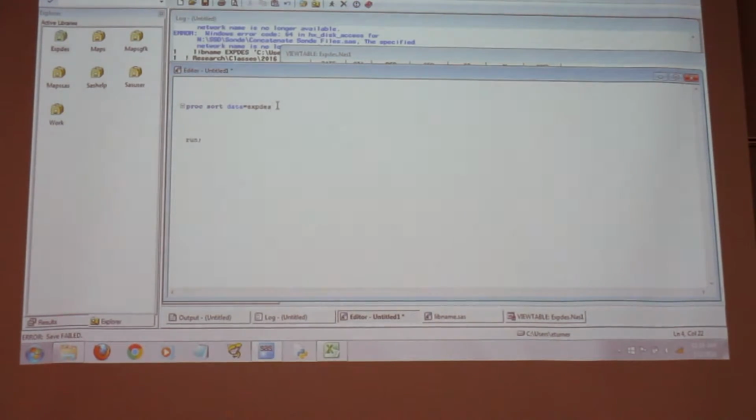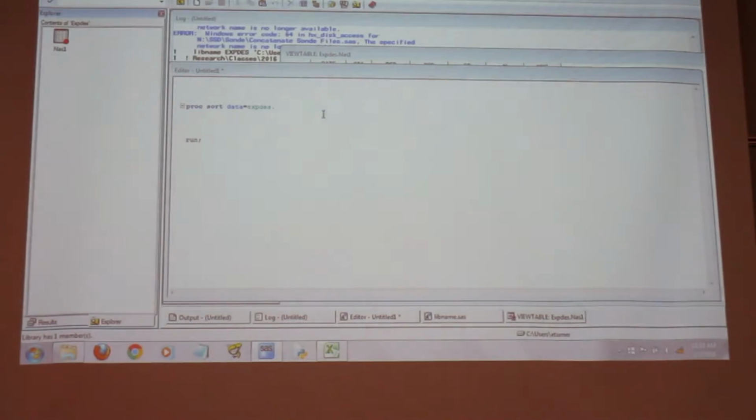So I'm going to type XP DES, and then I'm going to type period. And you see the minute I type the period, it changed colors, and it recognized that the first part's going to be the folder. And then now I'm going to type the rest of the set, NAS1, okay?